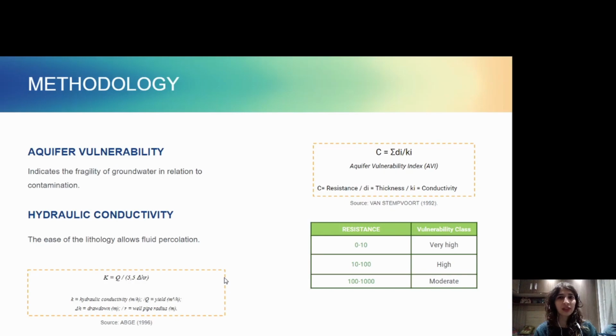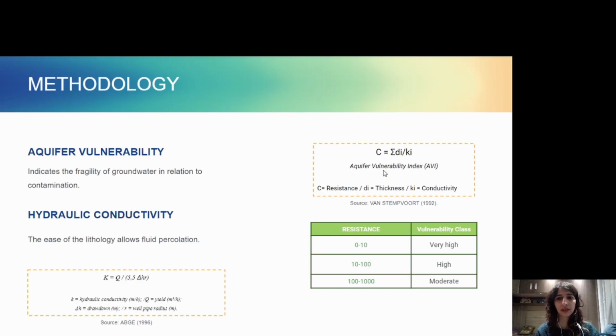So talking about the methodology now, we can start with the concept of aquifer vulnerability, which indicates to us the fragility of groundwater in relation to contamination. To estimate this aquifer vulnerability, we can use some models, and one of them is the Aquifer Vulnerability Index, or AVI, created by Van Stafford in 1992.